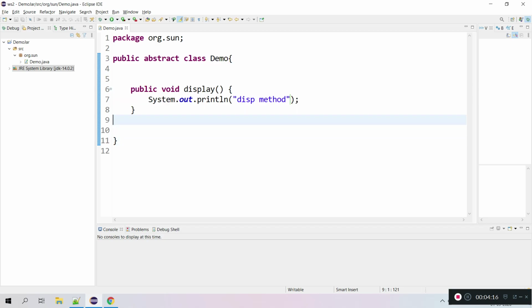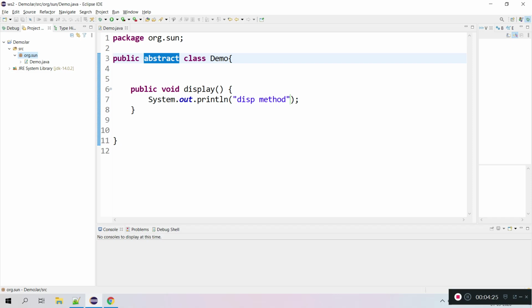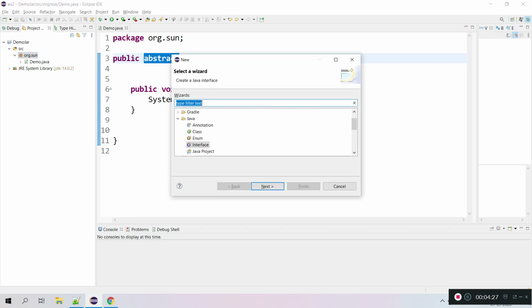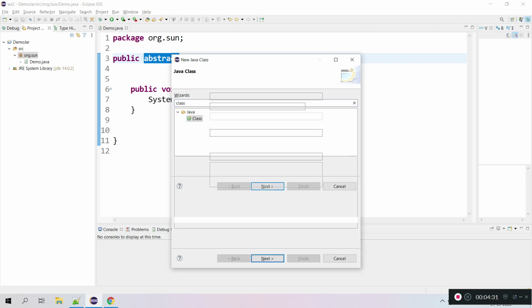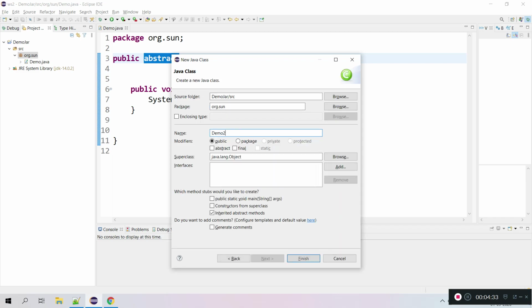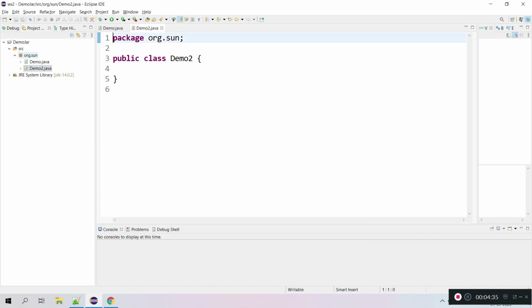So how can we use this class? To use this class, it should be extended and its methods 100% implemented. Let's say I'm creating another class, demo2, which extends demo.